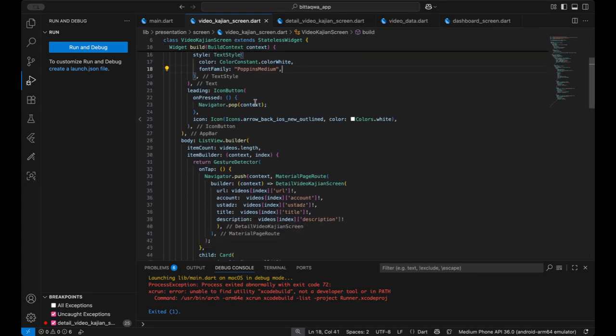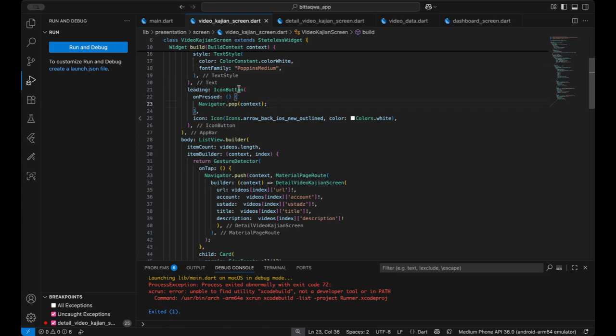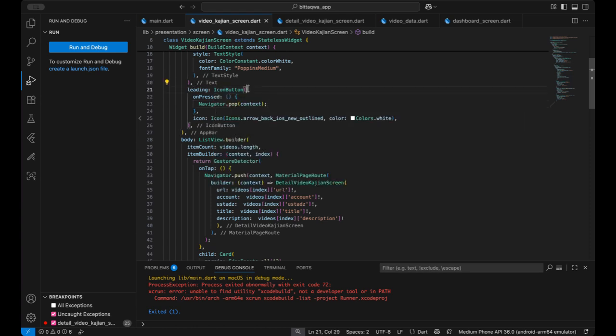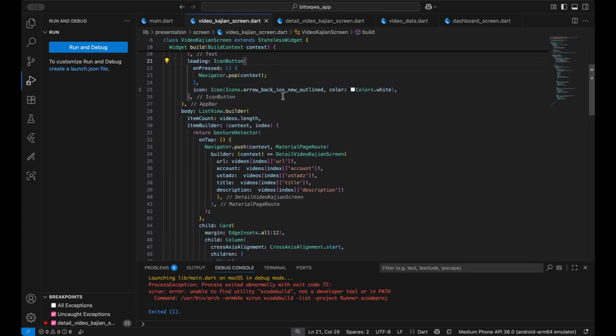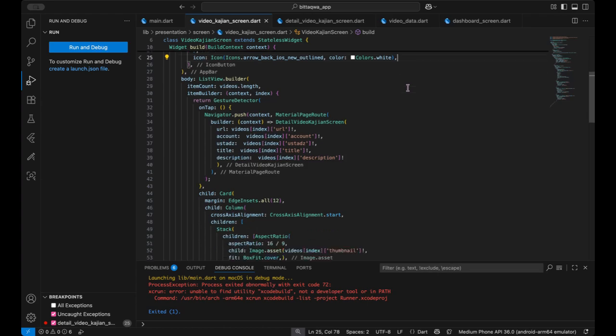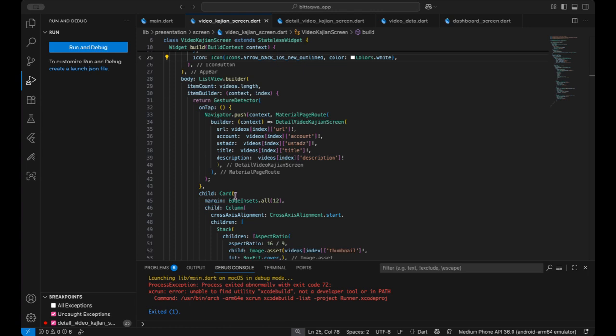Then this leading icon button is to go to the previous screen. The icon is arrow back iOS new outline, and the color is white.